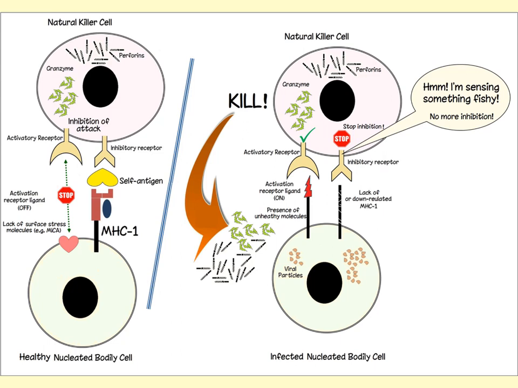On the stressed cells that I'm showing on the right side, or infected cells, inhibitory receptors sense something fishy, and they sense absence of constitutively expressed self molecules on MHC1 cells. This time, this reverses the inhibitory receptor's function and leads to a killing response. Meanwhile, the activator receptors on these cells also sense abnormal surface molecules. This may be presence of the MICA stress protein in the cancer cells. This leads to activation. Net result is release of granzymes and perforins on the target cells and the apoptosis of